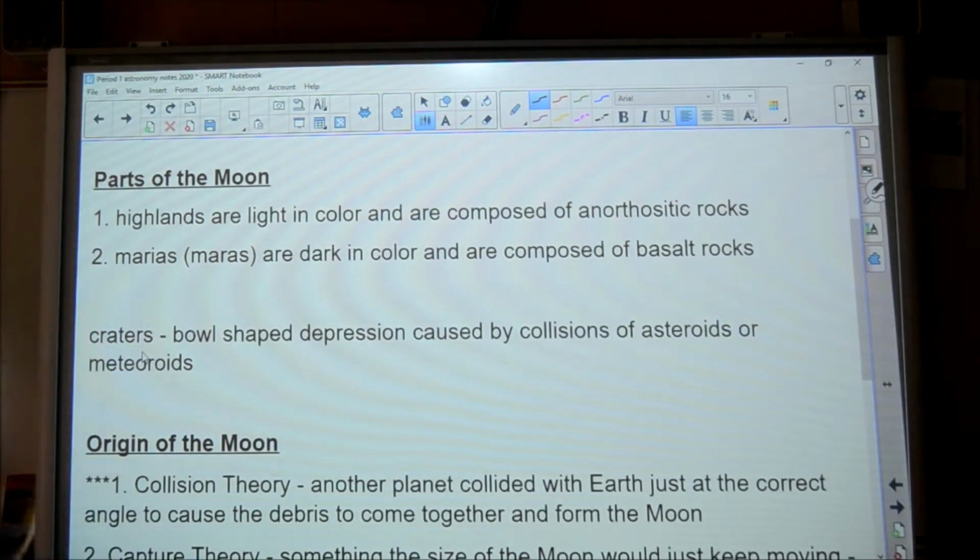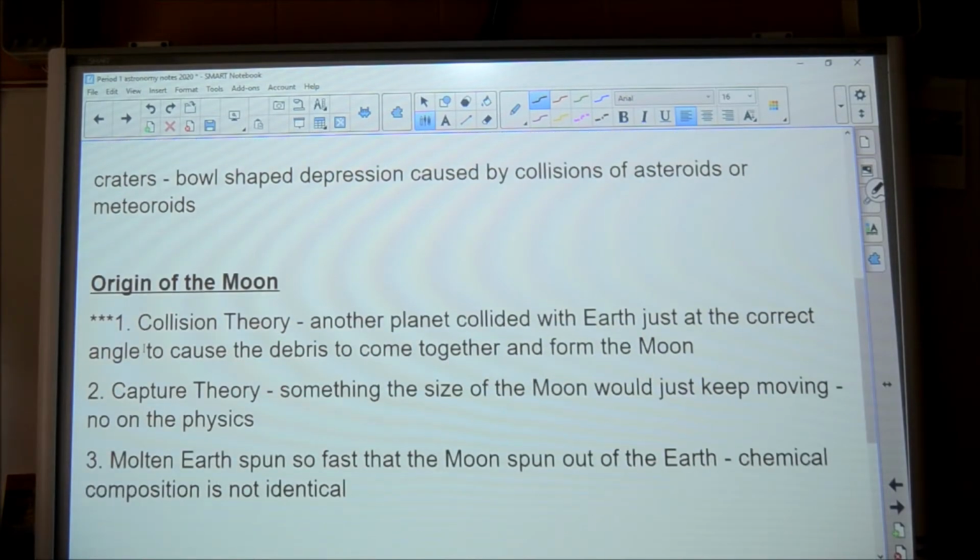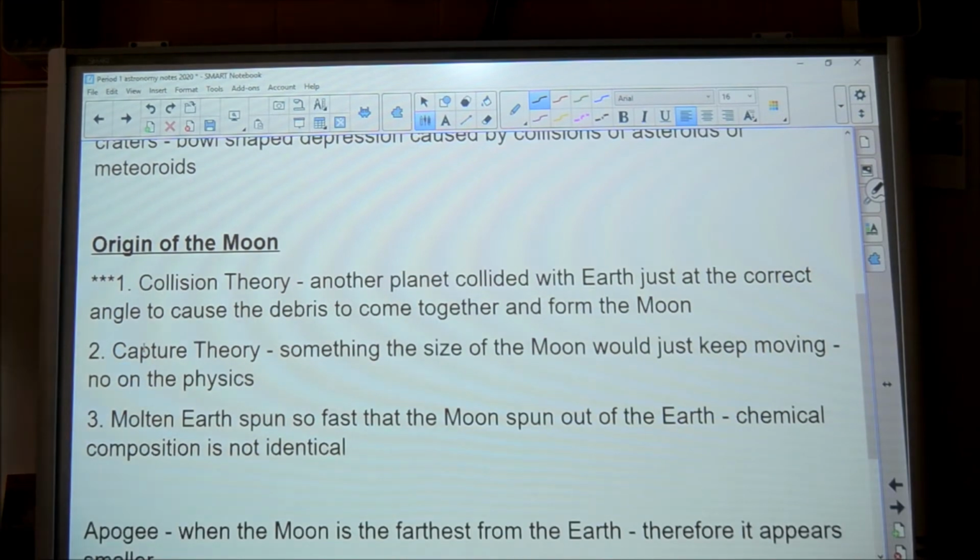All right, craters of the moon, that's that bowl-shaped depression caused by collision with asteroids or meteoroids. We need to talk about what are the three theories on how the moon was created. First theory